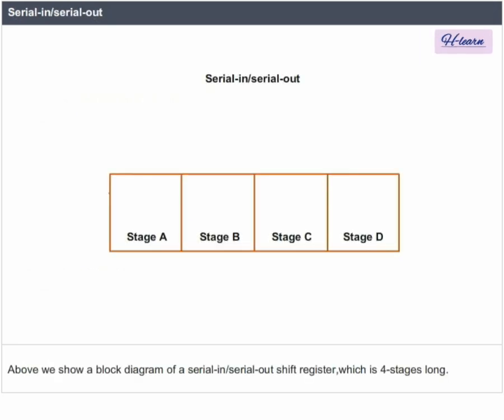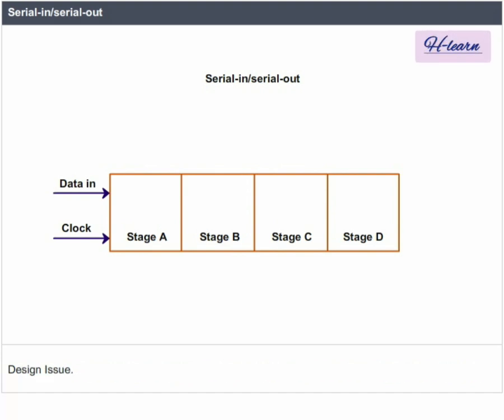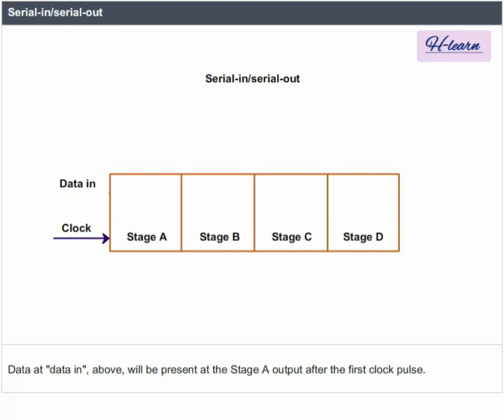Serial in, serial out. Above, we show a block diagram of a serial in, serial out shift register which is 4 stages long. Data at the input will be delayed by 4 clock periods from the input to the output of the shift register. Design issue. Data at data in above will be present at the stage A output after the first clock